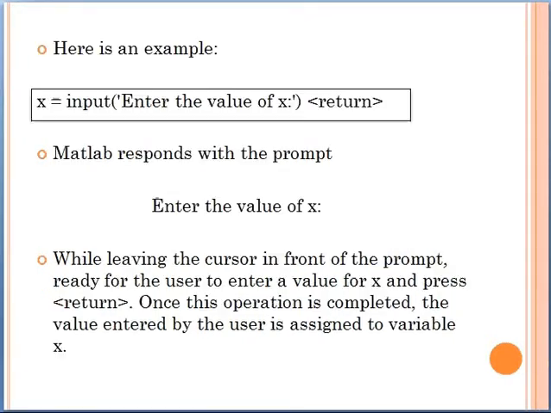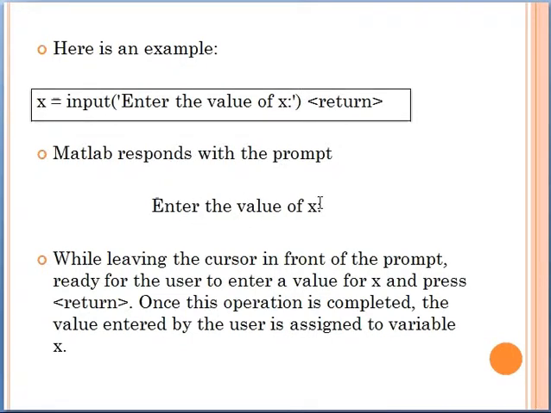Let's see an example. Here is an example of syntax for taking an input from the keyboard. I am writing x equal to input, enter the value of x, and return. Here, after typing this command, the output on the screen will be enter the value of x.